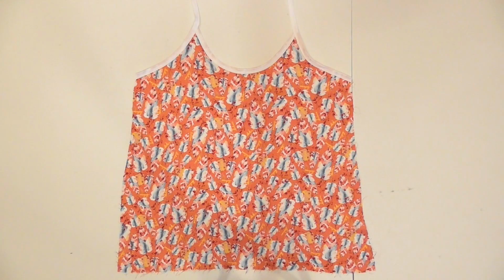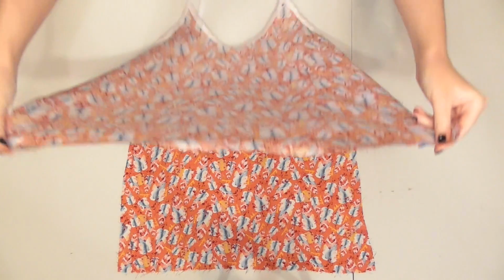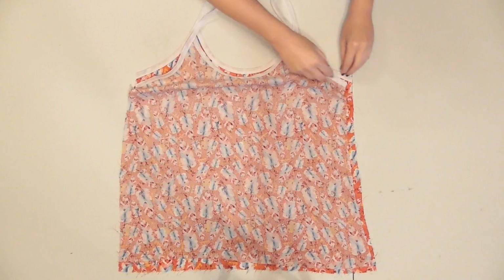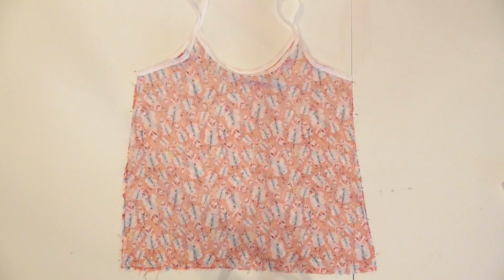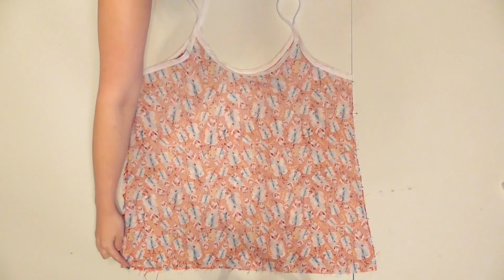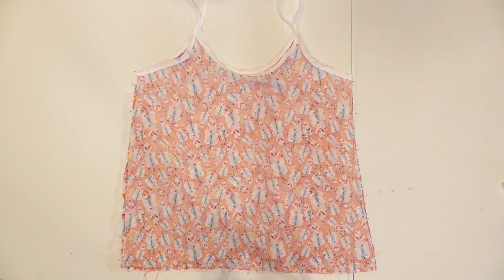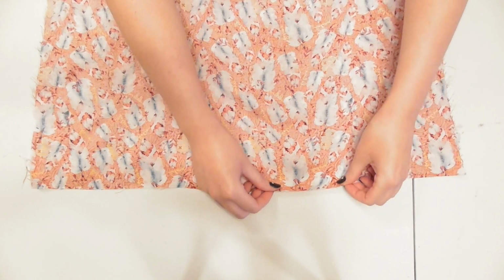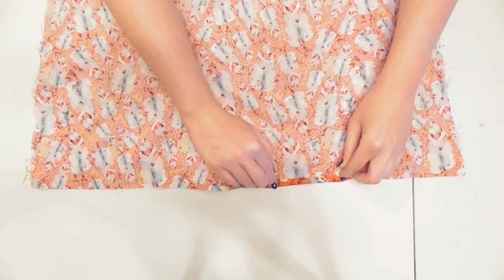Lay one of the bodices with the correct side facing up and then lay the other bodice on top so that the correct sides face together. Line up the edges and then pin and sew along the sides using a 1/2 inch seam allowance. I used a straight stitch, but if you're using stretch fabric, use a stretch or zigzag stitch and a ballpoint needle. To hem the bottom edge, turn the tank top wrong side out and fold the fabric over 1/4 inch